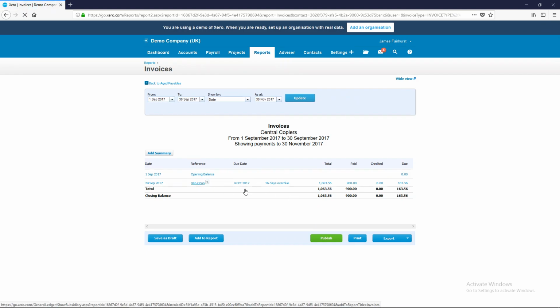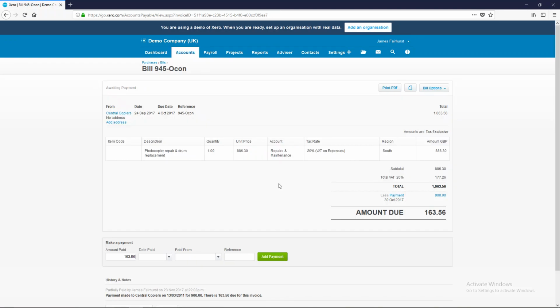Okay, so we can see it's for an invoice here, and it's been partially paid. There's just a little bit left that's due. Now if we click on that, we can view the invoice itself. Now what you would do at this point is you would go and find the bill. You'd use your reference. You'd go into your file where you keep all your bills, and you would investigate what's